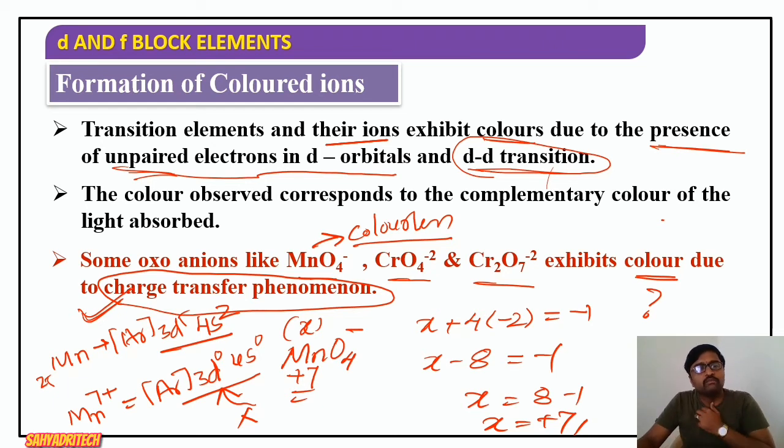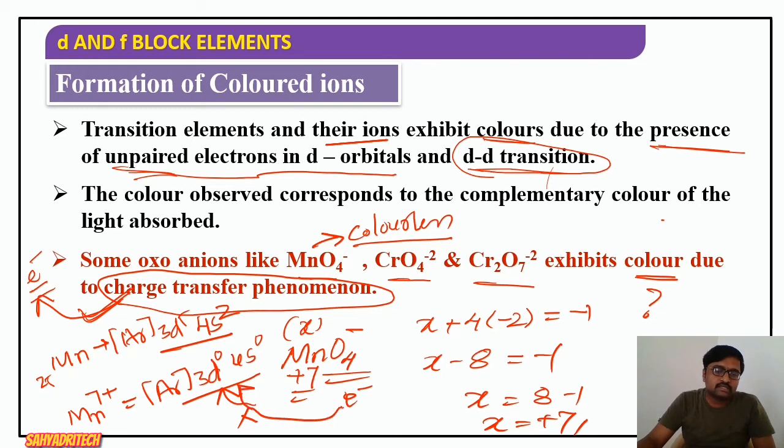Well, here, what do you mean by charge transfer? Charge is nothing but an electron, right? So here, during bond formation between Mn and oxygen in MnO4 minus, what happens? An electron is being transferred. An electron of oxygen is being transferred to the empty d orbitals of manganese, momentarily, not permanently. That electron is transferred from oxygen to the empty d orbitals of manganese. Therefore these compounds exhibit a color.